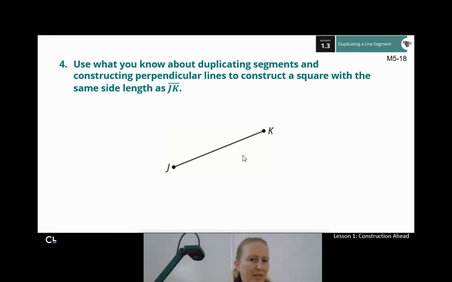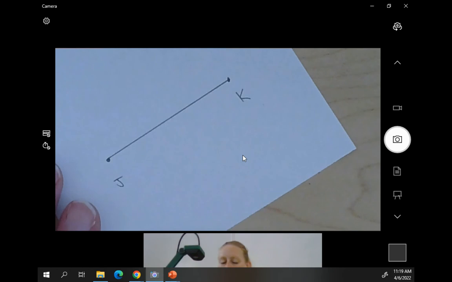All right, I'm gonna see what I can do here. Challenge accepted. First of all, I need to get JK onto my paper. Here's J. I'm just making junk up here. So if I have line segment JK,